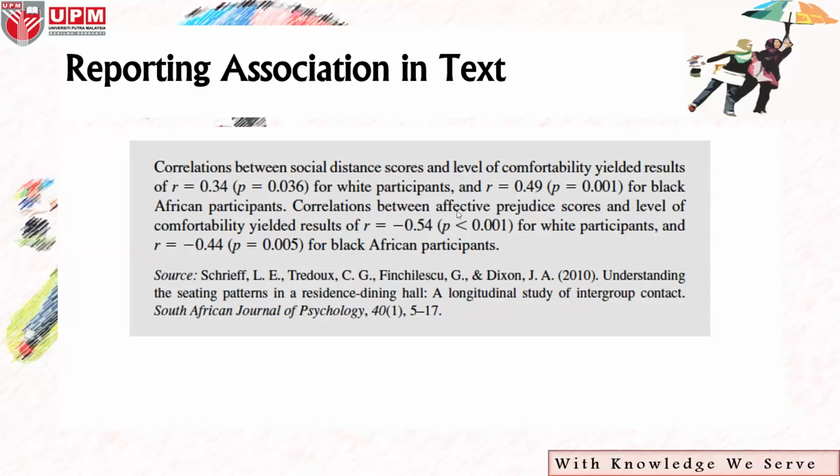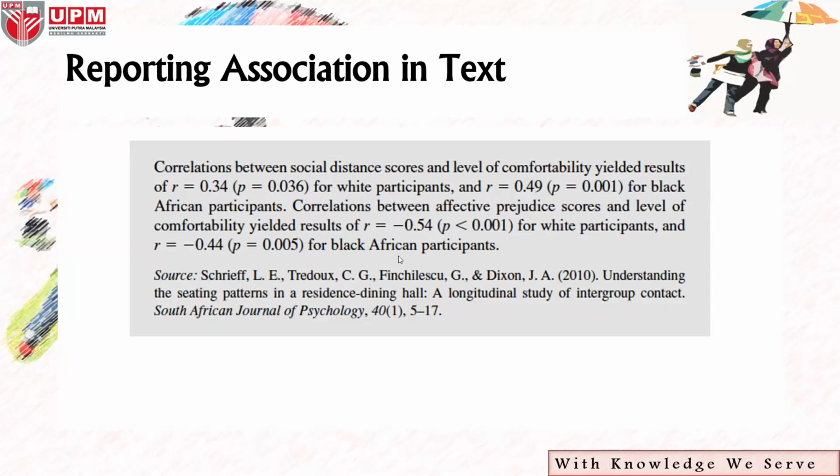Okay, the correlation between affective prejudice scores and level of comfortability yielded a result of R equals negative 0.54, significant value lesser than 0.001 for white participants, and R equals negative 0.44, significant value equals 0.005 for black